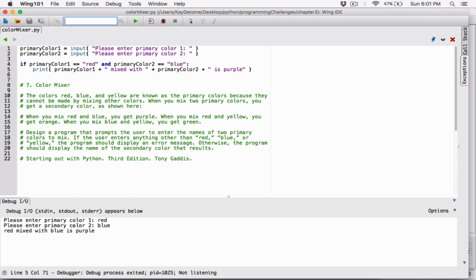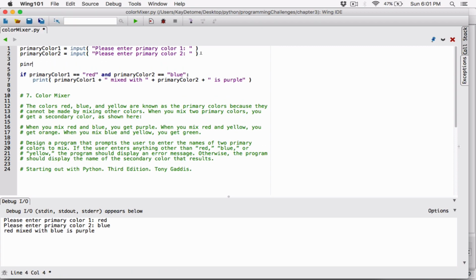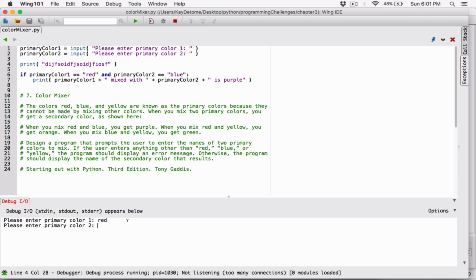Now I want a space after the question so that it's not too jammed together. So to do that, when you call the print function like this and type in something, I'm just going to type in random stuff, and run this program, after it finishes asking the user the 2 questions, it's going to print the statement before printing the result of the 2 colors being mixed. So I'm going to run this, enter red for color 1 and blue for color 2. Hit enter, and you can see that after the 2 questions I asked, it prints this thing here,